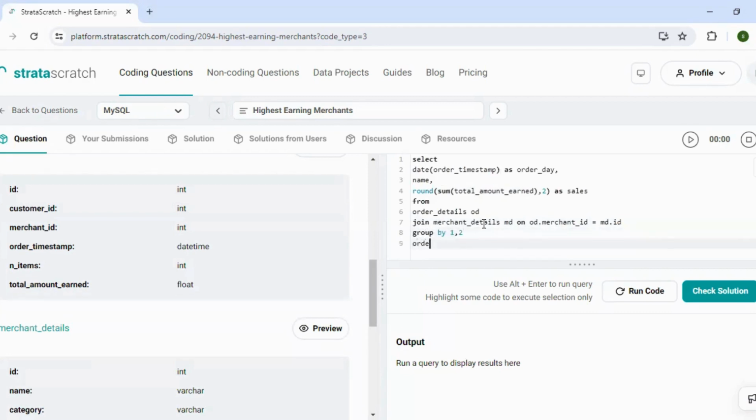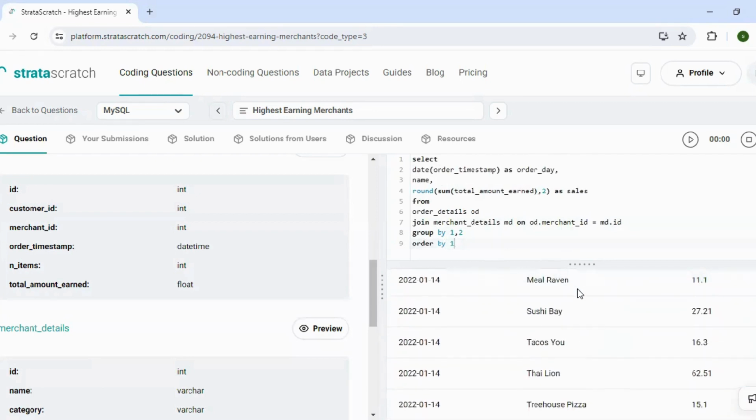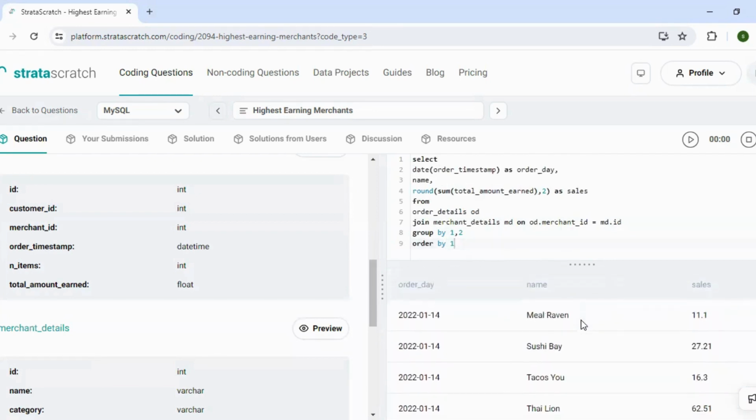And we can order it by date. So with this query, we are able to calculate the sum for each merchant on each day. Now we need to provide a ranking based on this sales. So what we can do is we can here only add dense rank function so that none of the rank gets skipped. Dense rank over